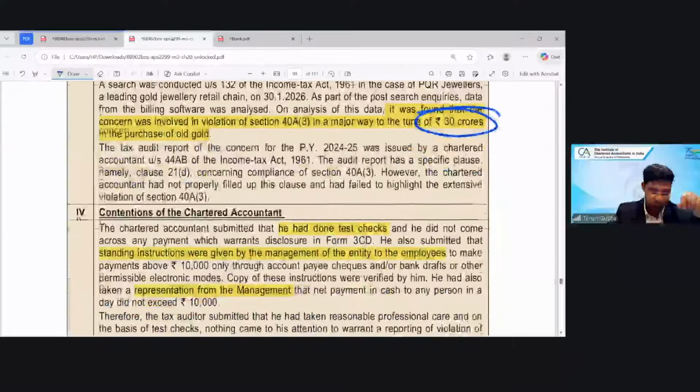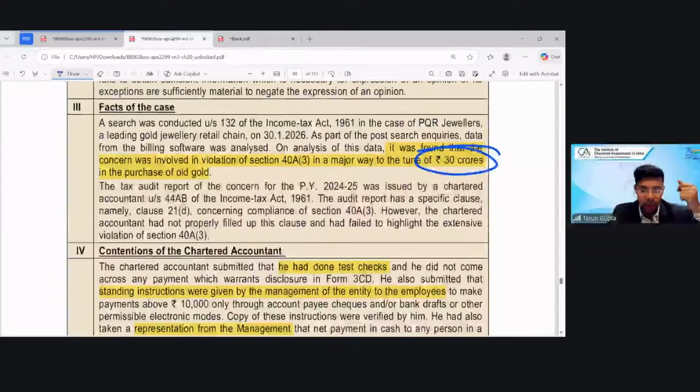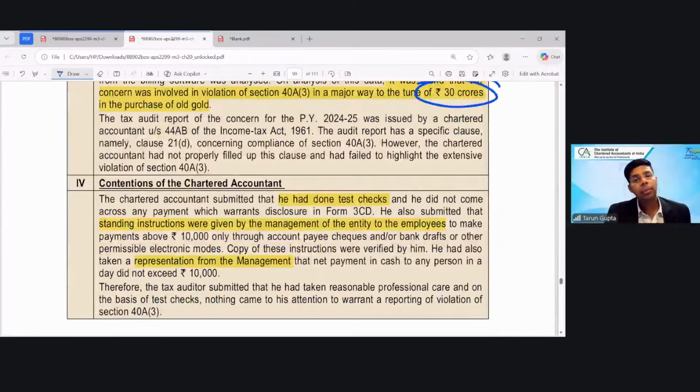What the CA said was that he had done the test check, and the management had given a written instruction to the employee that no cash should be paid. He has relied on that instruction, and he has also taken a representation letter from the management that there was no cash payment. But if he had done a test check, then such a huge amount of purchase could not have escaped it. Secondly, only relying on the management representation letter or a letter by management to the employee,